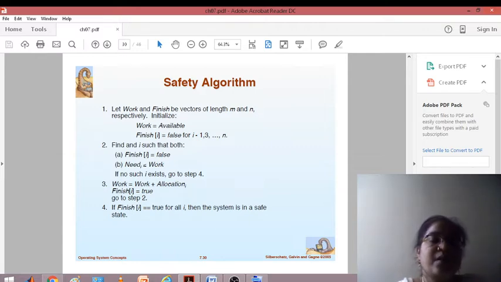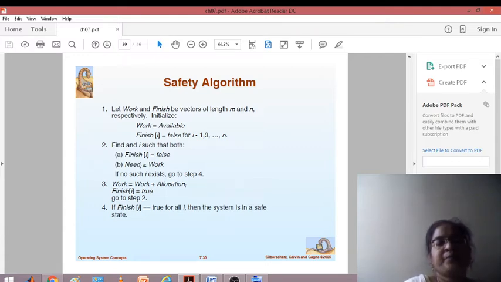Suppose the requirement of P2 is less than or equal to what is available with the operating system. Then there is a chance that if you allocate those freely available resources to process P2, it may finish.